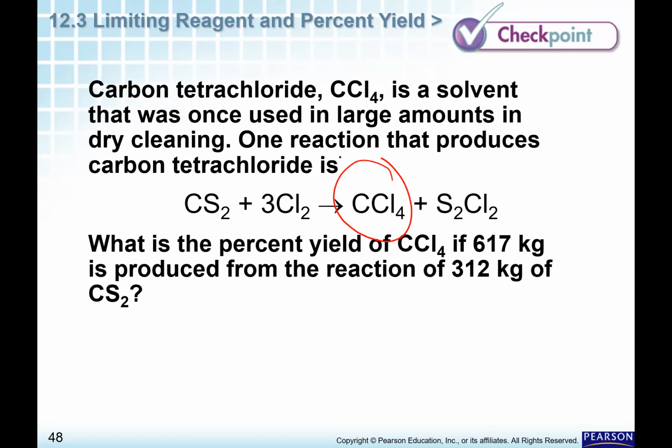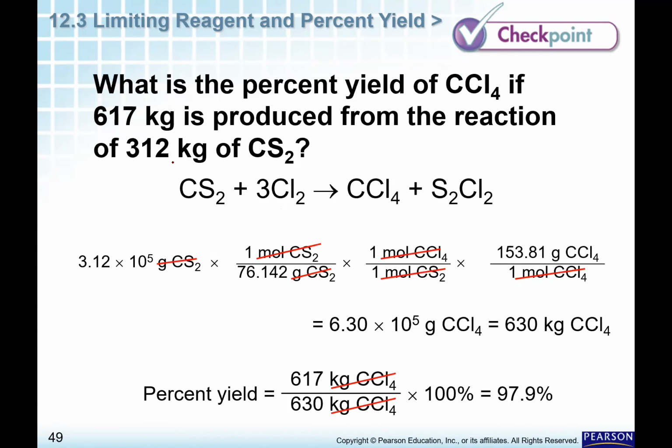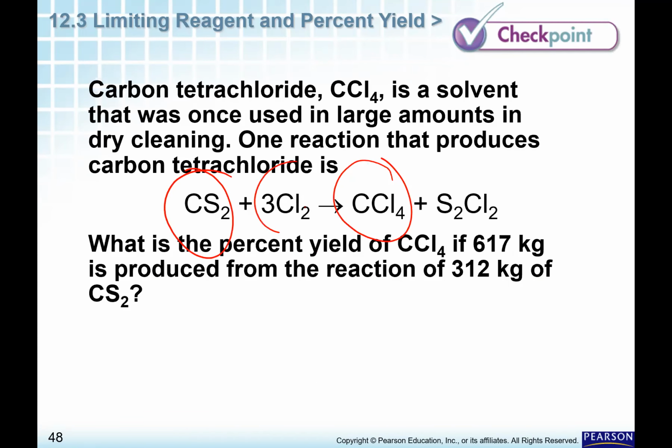One reaction that produces carbon tetrachloride, so there are many other reactions that can be used to produce carbon tetrachloride, is this reaction, which is reacting carbon disulfide with chlorine to produce that. What is the percent yield of CCl4 if? That's what I was referring to. Now you will get somehow confused unless you read it the way I ask you to. What is the percent yield of CCl4 if